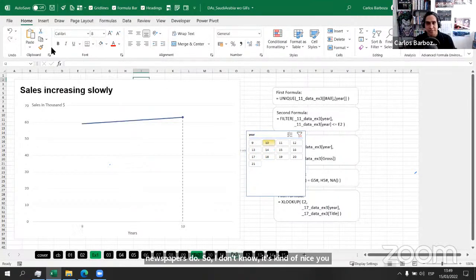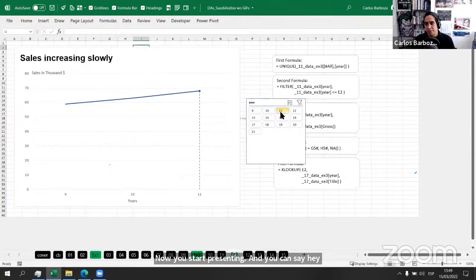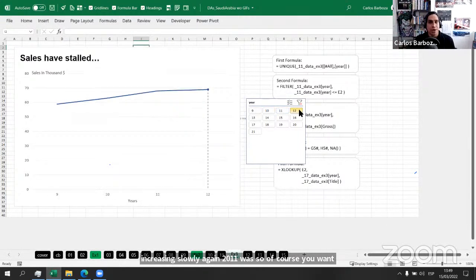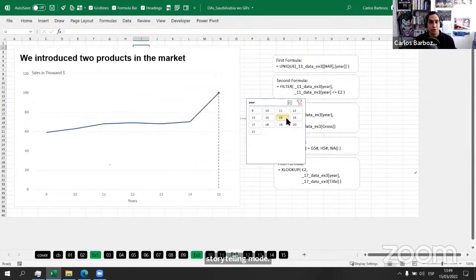Now you start presenting and you can say, hey, sales are increasing slowly. Again, 2011 was slow. Of course, you want to say this with more enthusiasm and more of a storytelling mode. And then sales just stall, 13, same thing. And then 14, same thing. But then when you go to 15, wait, what happened? People are going to be impressed. What happened there? Oh, what happens is that we introduced 2 new products to the market and that increased our